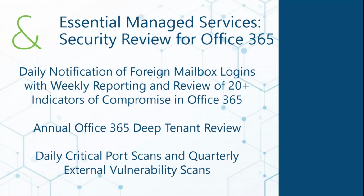The reason we look at this is that something like 82% of ransomware attacks are initiated through an open RDP port. Whether that RDP port is left open out of negligence, or it's an attacker that was able to gain access to the environment and opened an RDP port to deliver that ransomware payload, the point is, over 80% of those successful attacks are initiated through that port. So we scan every day to make sure and flag if an RDP port is left open on an unsecured